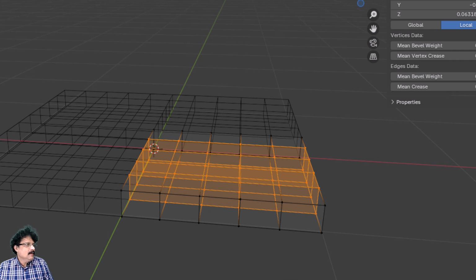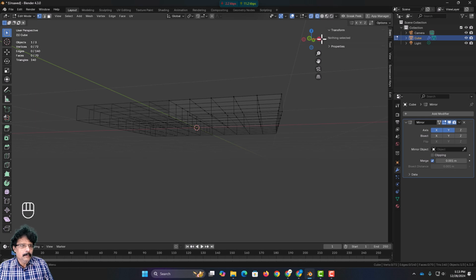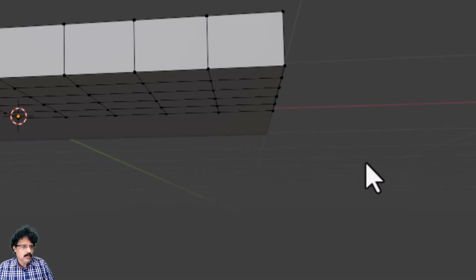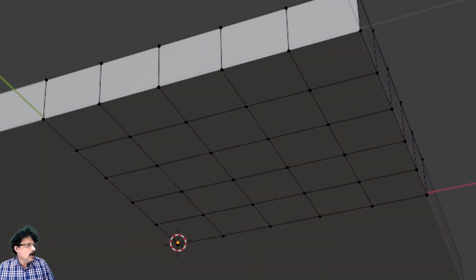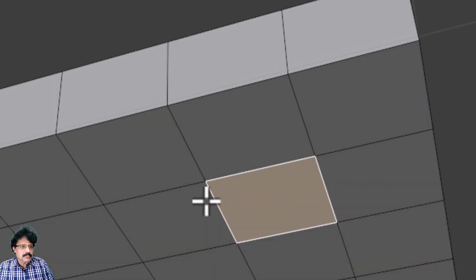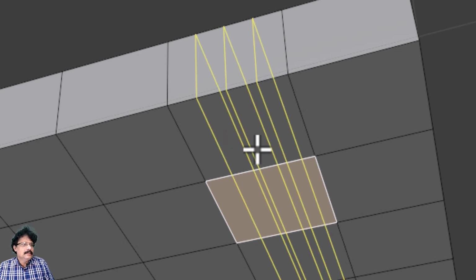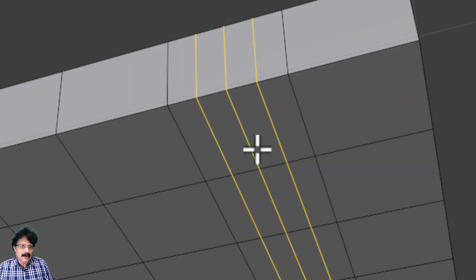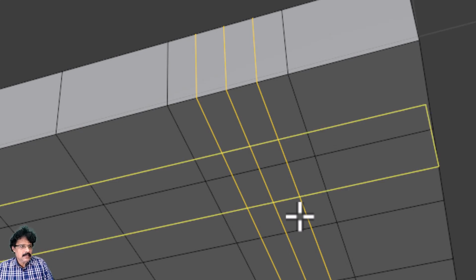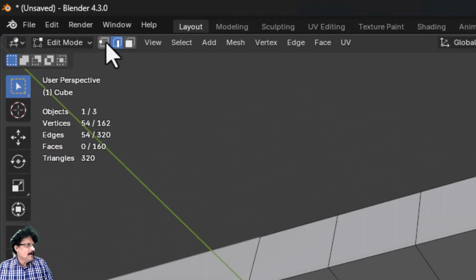And now I will press Z and come into solid view, and in the solid view I am going to select one. Now one thing is, I want this leg to be not square but it should be round. So for that I will press Ctrl R and add 3 loop cuts, click once and right click. Now similarly I will press Ctrl R and add 3 loop cuts and right click,